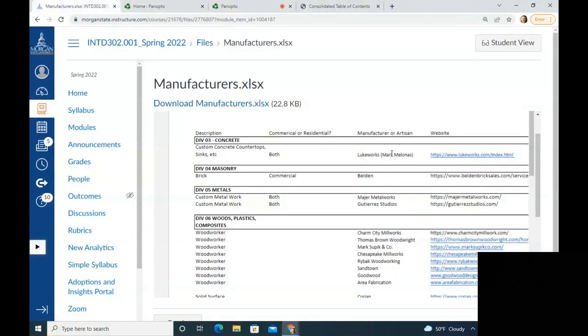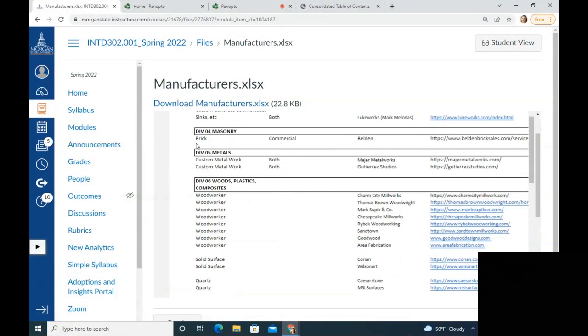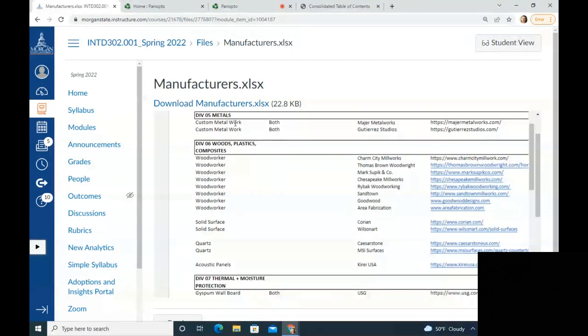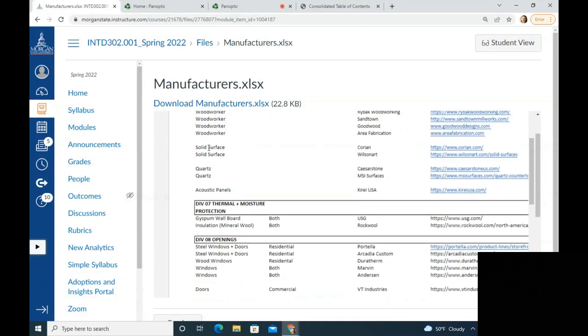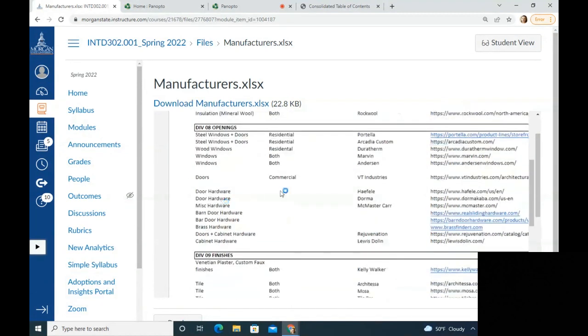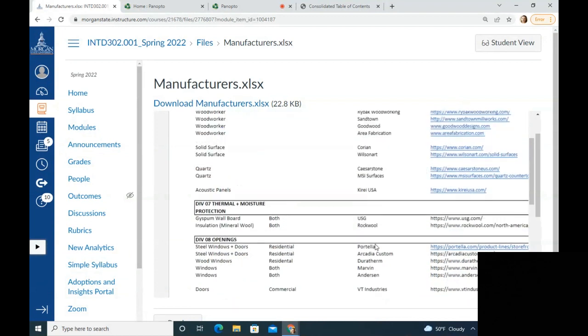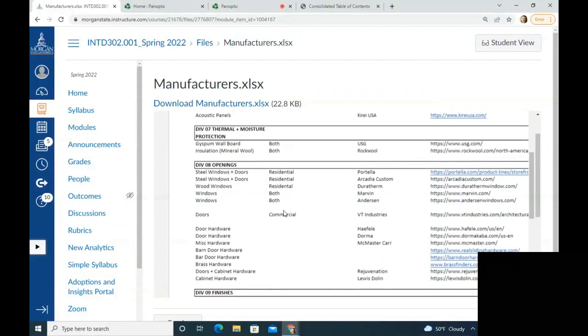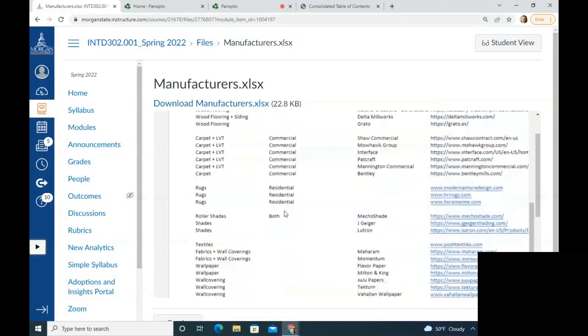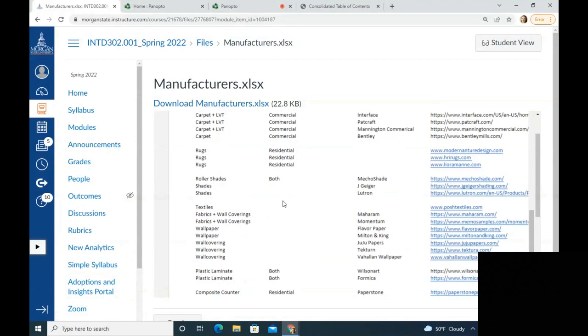So for concrete, Lukeworks is a local manufacturer that makes concrete countertops. Brick, this is a general brick that people use for custom metalwork. These are both local fabricators. These are all local woodworkers. For solid surface, these are places you can go to look at types of solid surface, types of quartz, types of acoustic panels. Most of them should have websites in there, hopefully. I tried to note if they're commercial or residential. It's not a complete list because people just add stuff, you know,